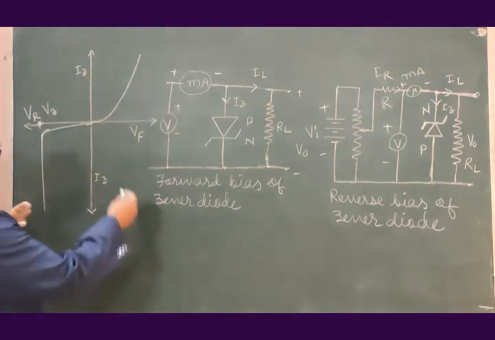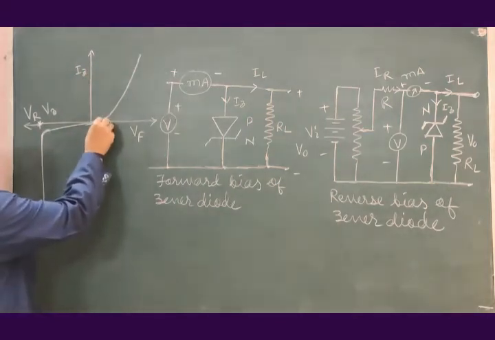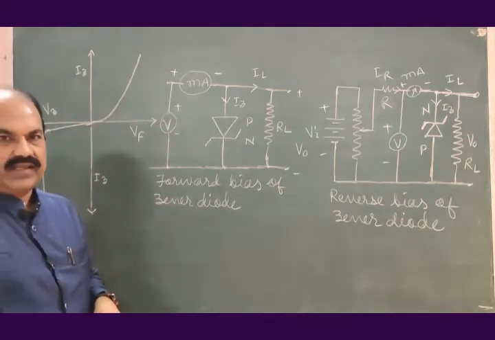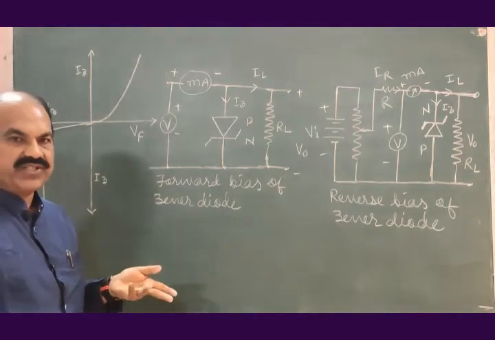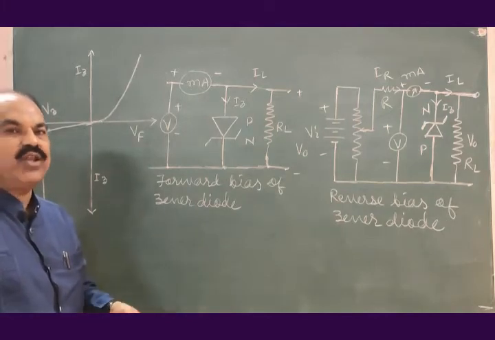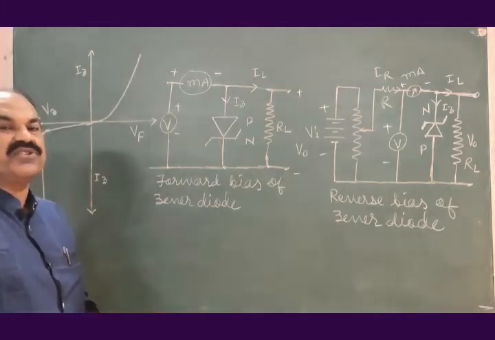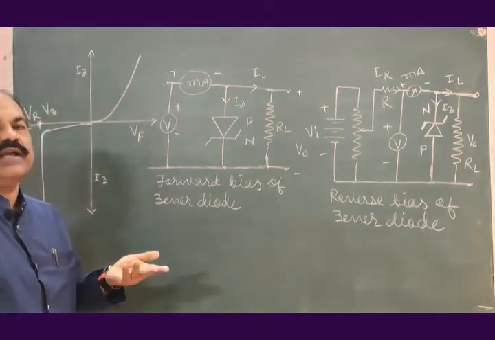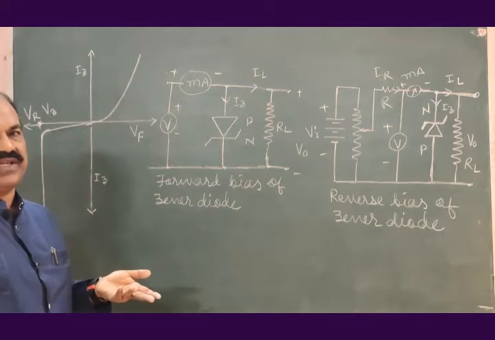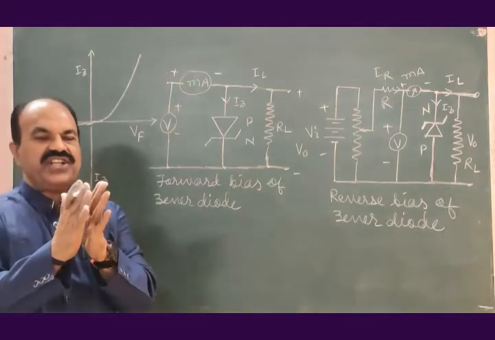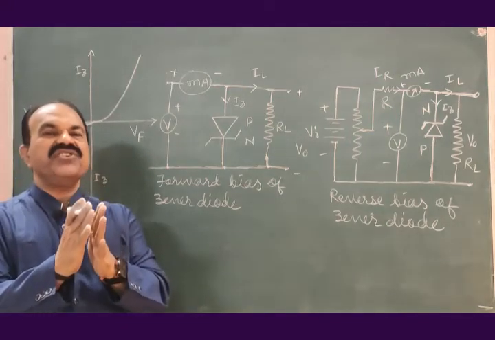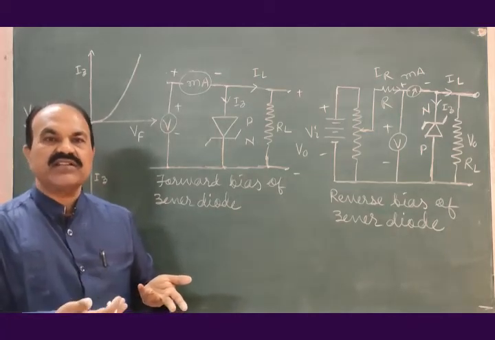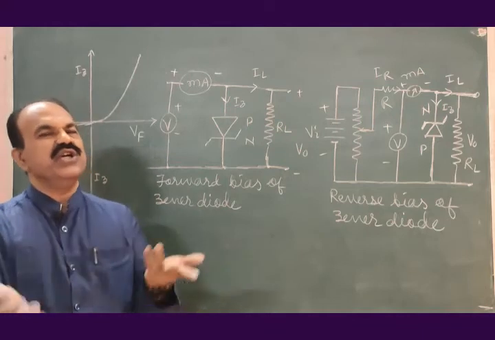And what we find, it starts operating at very low voltage because of its high level of doping, because of the presence of a high concentration of electrons and holes in N and P type semiconductors respectively. The depletion region is very narrow. As the depletion region is very narrow, the voltage required to conduct the Zener diode in forward bias is very small,